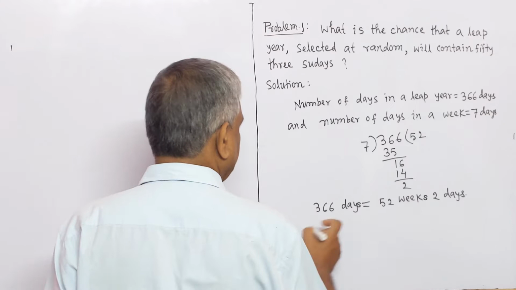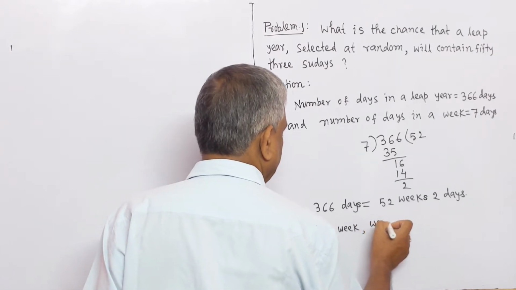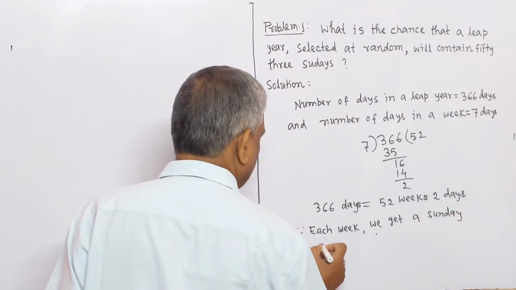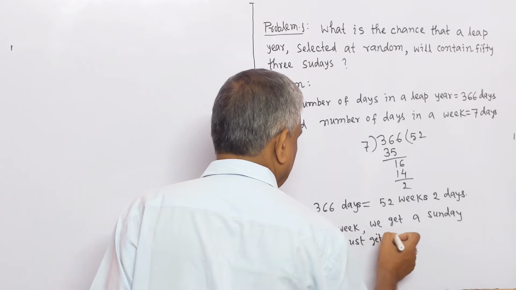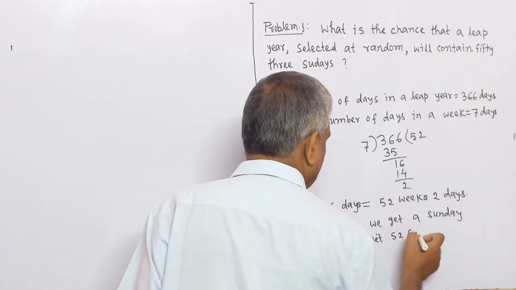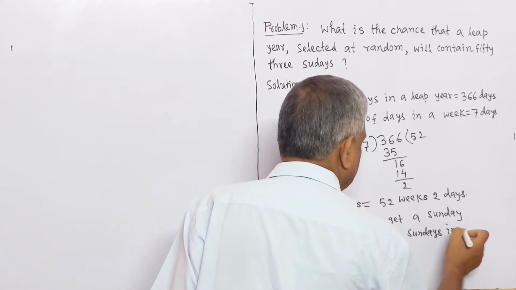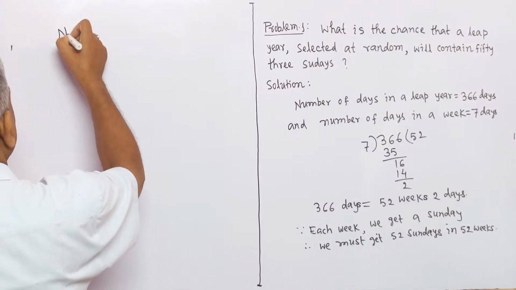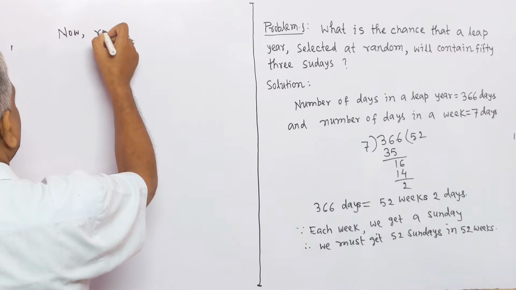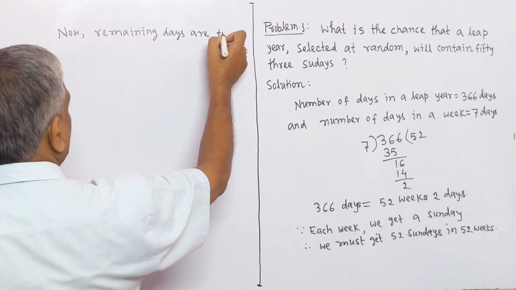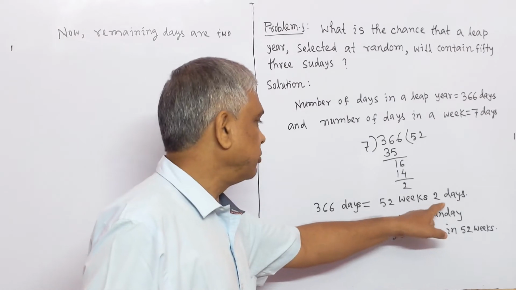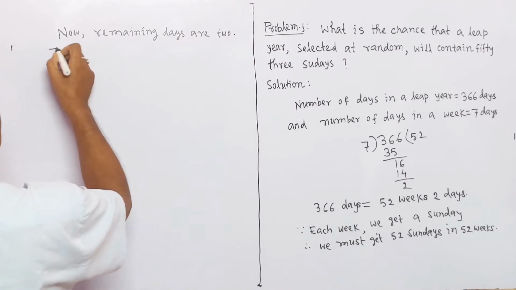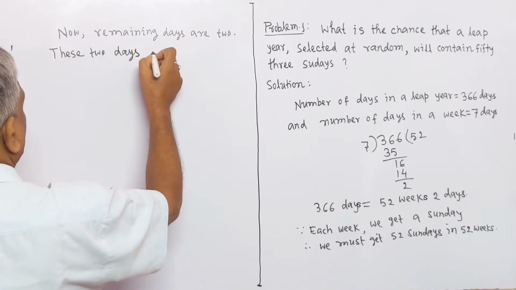Since in each week we get a Sunday, therefore we must get 52 Sundays in 52 weeks. Now, remaining days are 2. Here, remaining 2 days. These 2 days may be